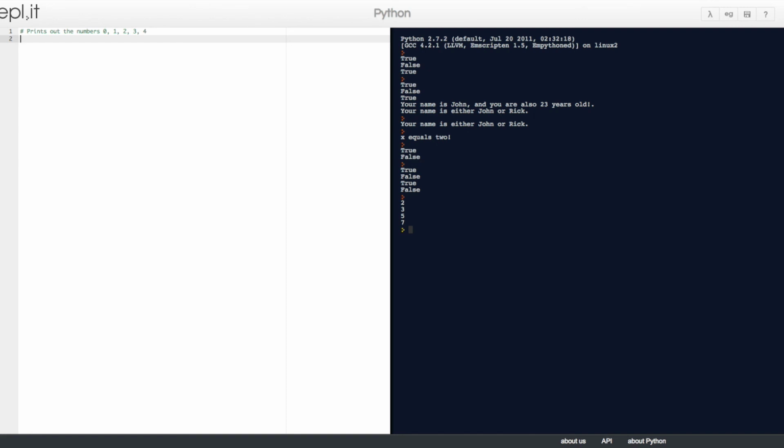Our loop will be for x in range, excuse me, for x in xrange, in between parentheses we put the number 5 and a colon, and then let's add a comment, or range 3 comma 6.